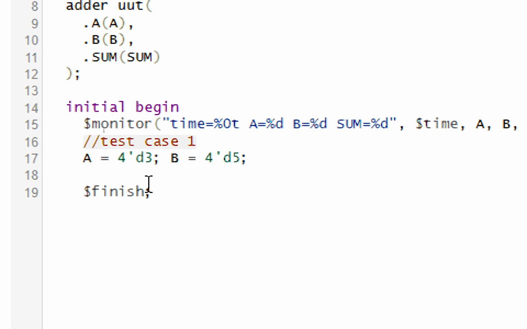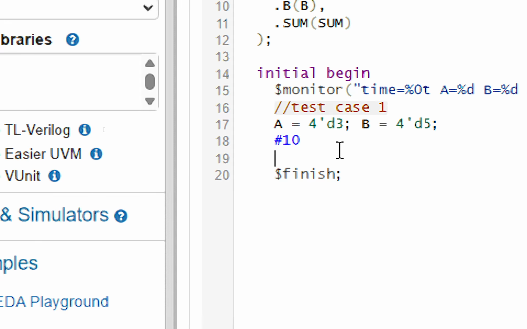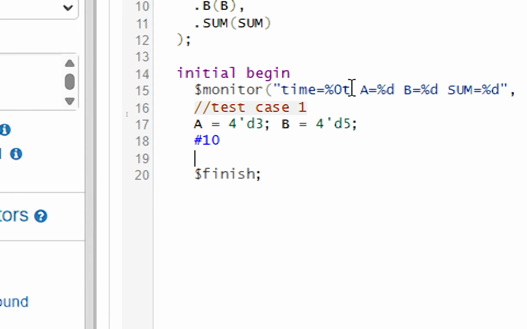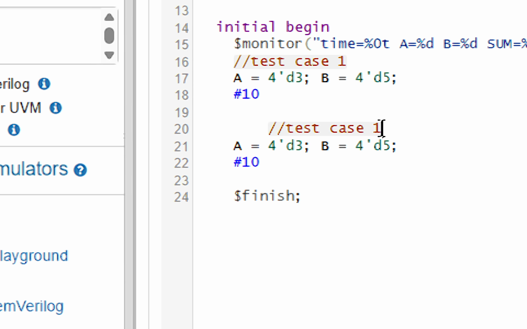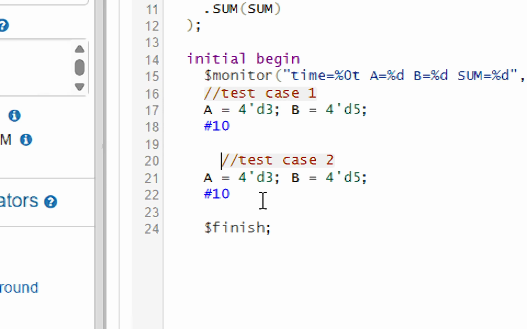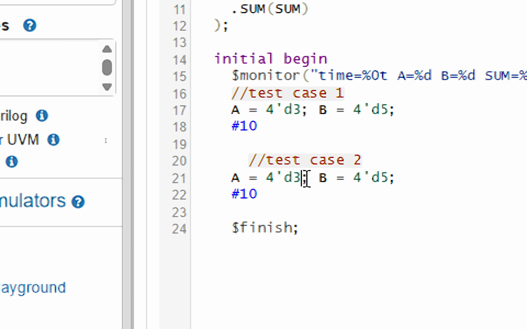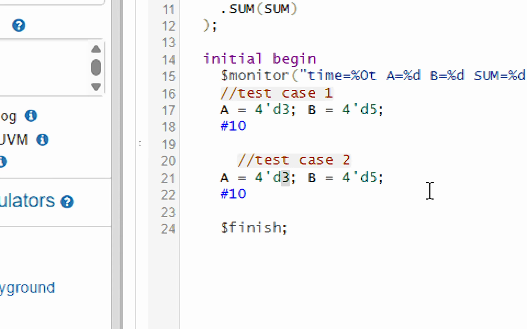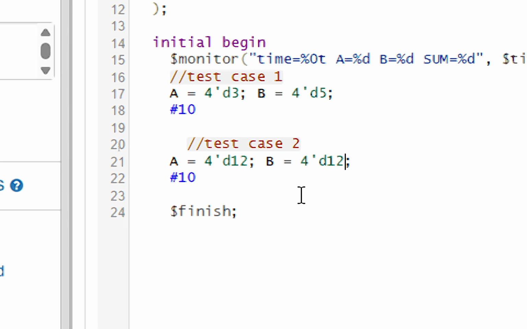Then we give some delay, not necessary, but because we are displaying the time, it will display the time on the screen. Okay, now the second test case, let's make the second test case to test our design code. The maximum we can go is 15. I make this 12. Okay. The third case,